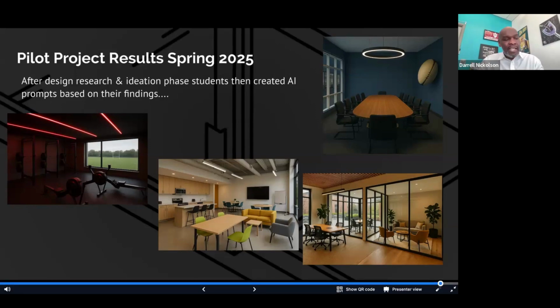So all of that to say, it's still a work in progress. And the project that we're doing this current semester for our campus center, we've just now, like I said, gotten to this phase. And so in a couple of weeks, we'll have, again, another set of kind of AI generated tools to share. It creates some really cool discussion points, which is really important when you're working on projects